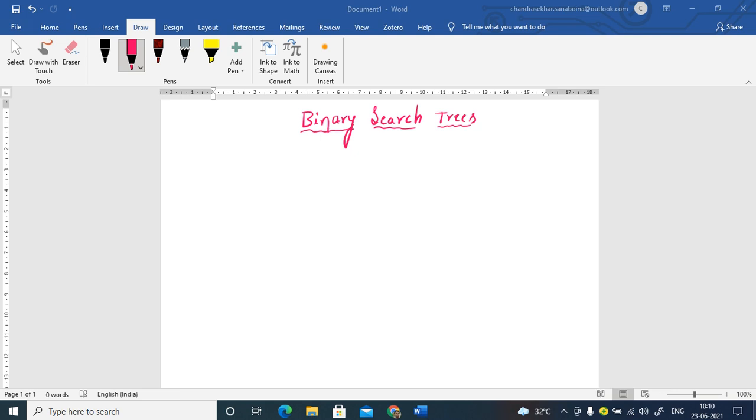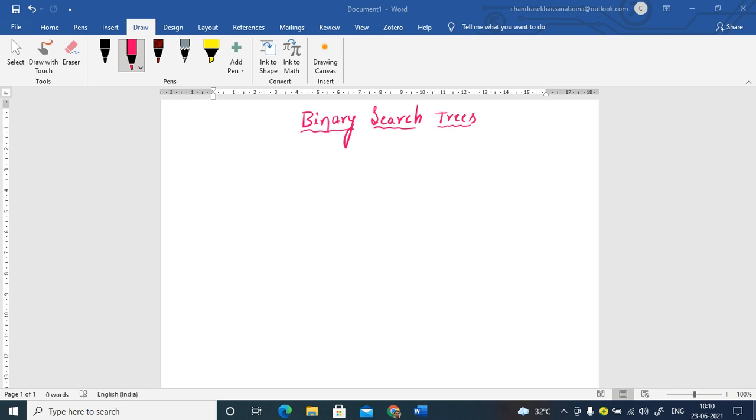Like how do we construct a binary search tree from a given list of elements, and how do we perform a search operation, and how do we perform the insertion operation, and how we are going to perform the deletion operations. All these operations we are going to discuss with respect to binary search trees.